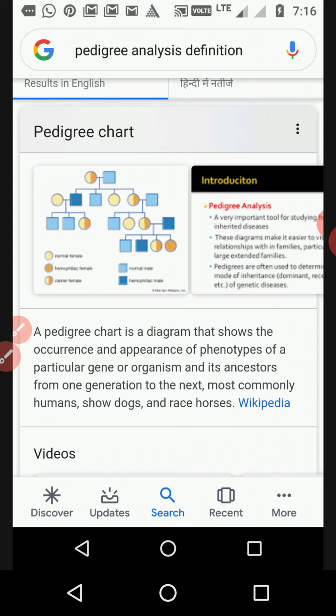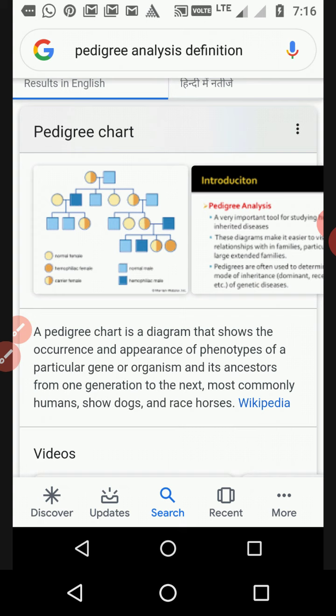If our parents have 3 children, or 4 children, and all are normal, that can also be shown with the pedigree chart. If any genetical disease comes from the forefathers, that will also be shown by the pedigree chart. That is the upper top diagram, on the left hand side, with blue and yellow color, which is called the pedigree chart. This is how you can understand the pedigree chart.